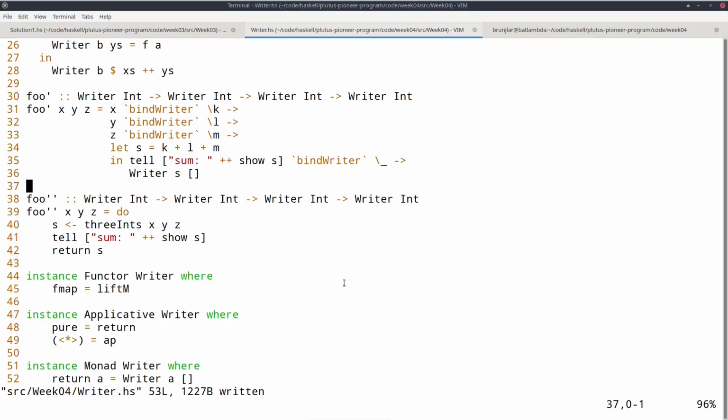And the good news is that you don't have to understand effect systems to work with these monads. So it's enough, for example, to work with the contract monad that you use to define Plutus code that runs in the wallet, off-chain code.